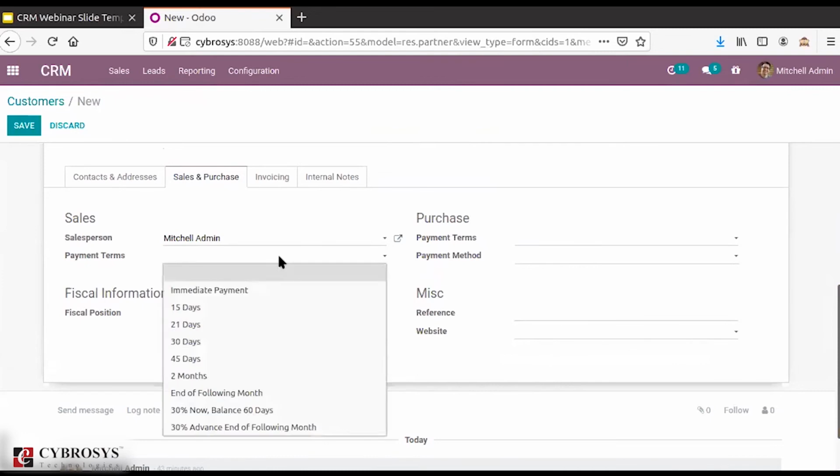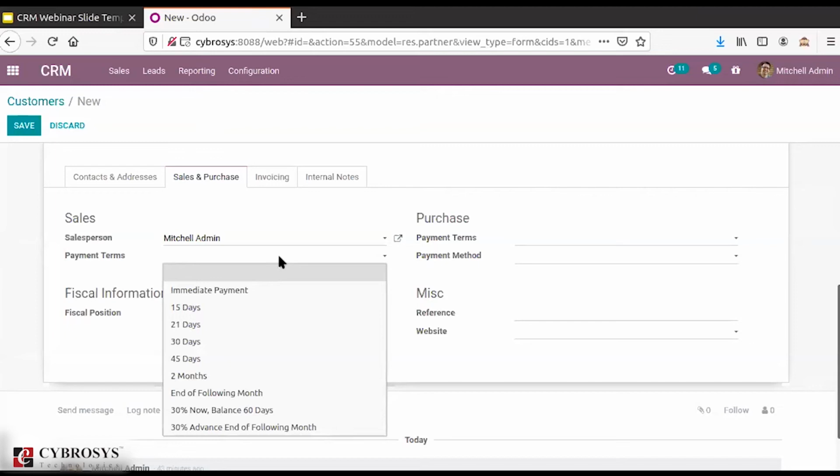Here we also have the option to mention the payment terms. Payment terms is something that groups all the conditions under which the sale is complete and paid.